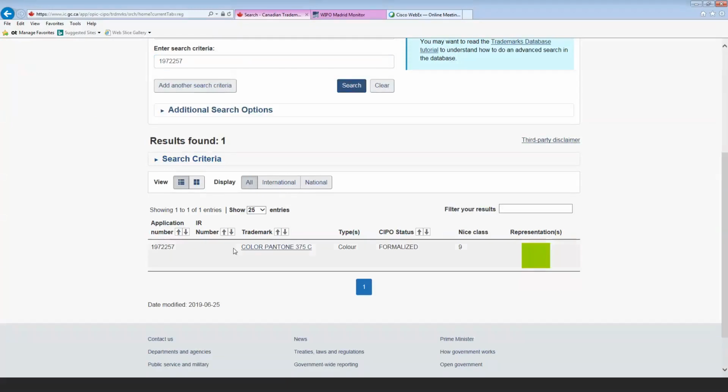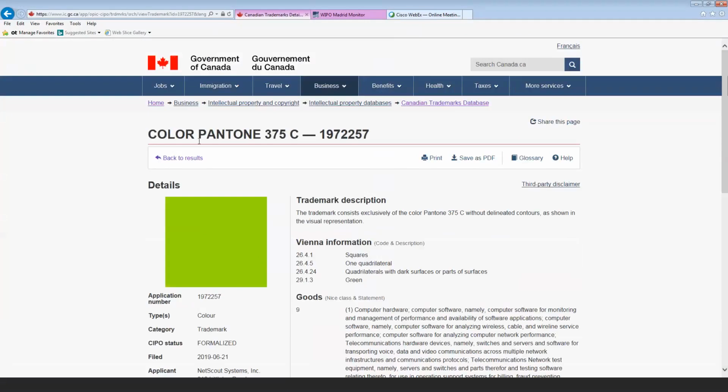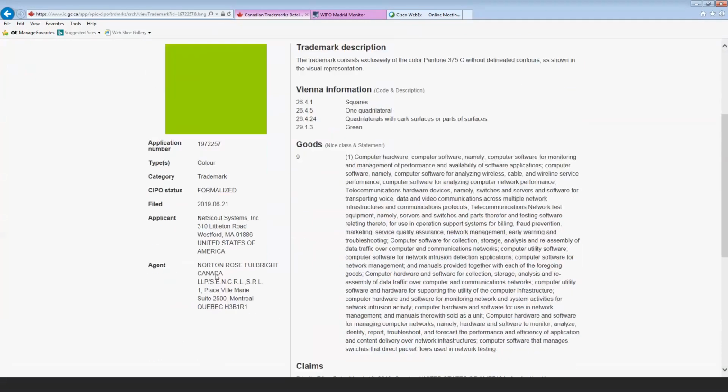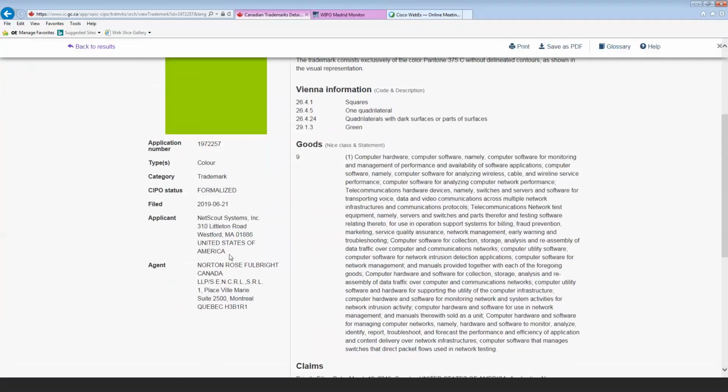So here I have a color mark in particular. Here's my representation. How the person would like to refer to their mark is here. So yeah, it's pretty much the gist of a color mark. The other item that I wanted to show in particular was,